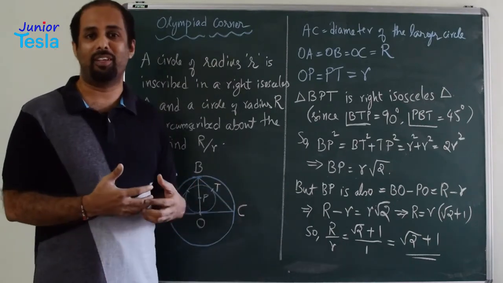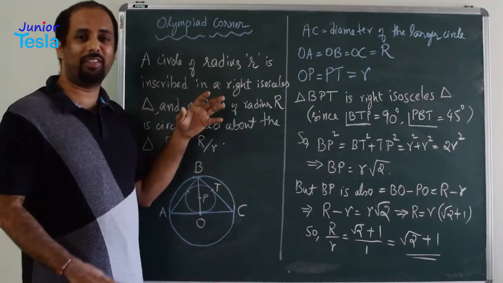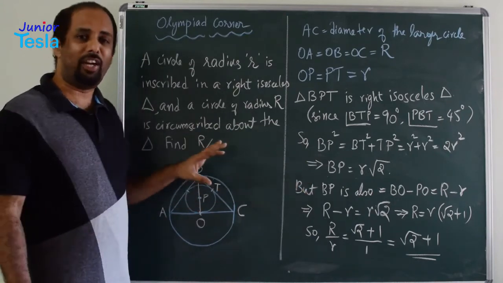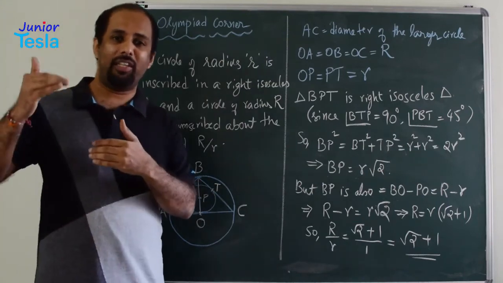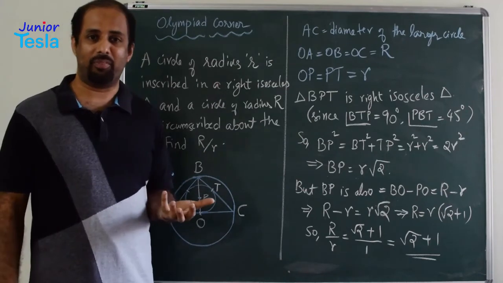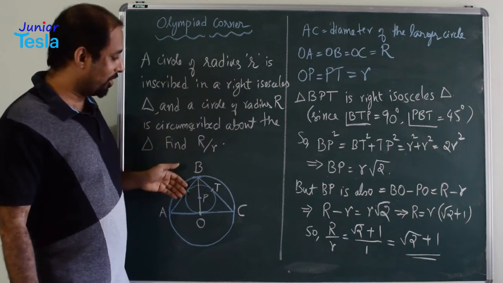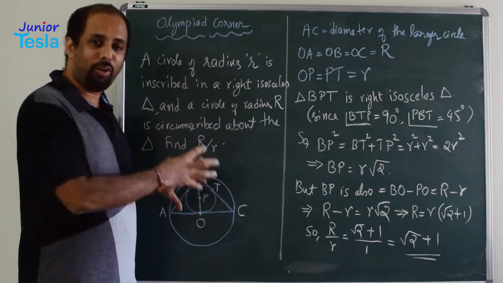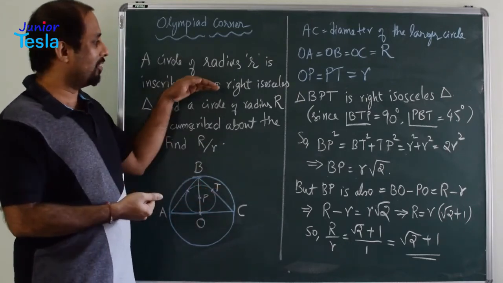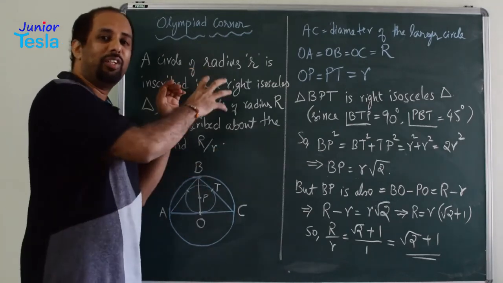What is the takeaway from this particular episode? Whenever a geometry problem is given and the statement is a little confusing, the first thing you have to do, before solving the problem, is draw a diagram and try to put all the information given in the statement into the diagram itself, so that you can save a lot of time by not going through the statement again and again. Once the diagram is drawn, you just go through the diagram, put all the information there and try to get more information from the diagram itself.